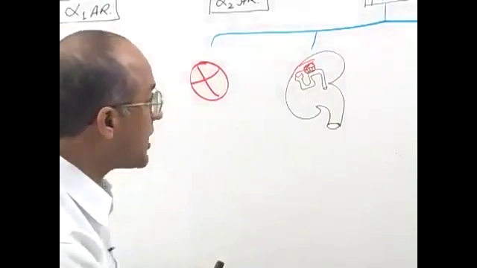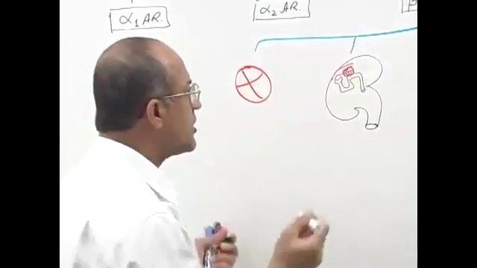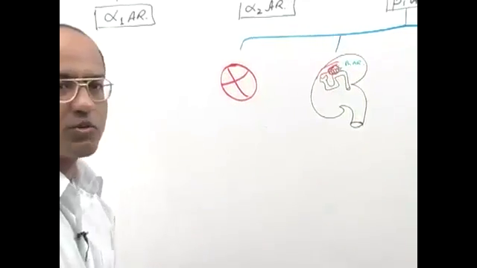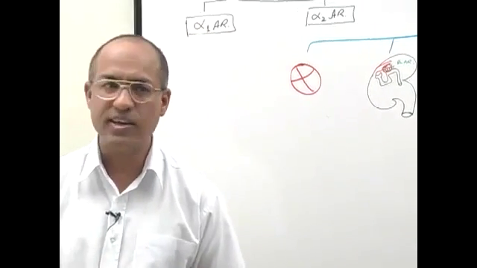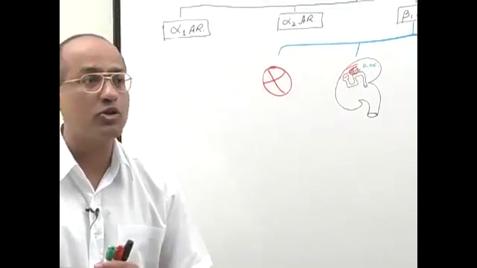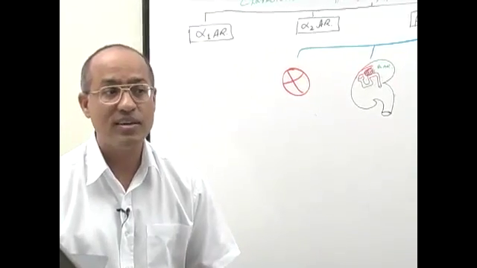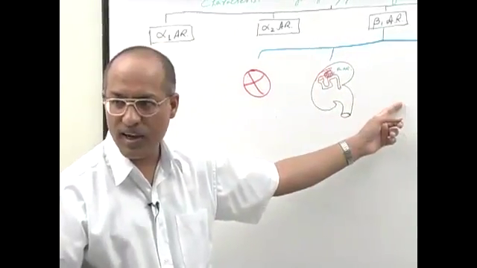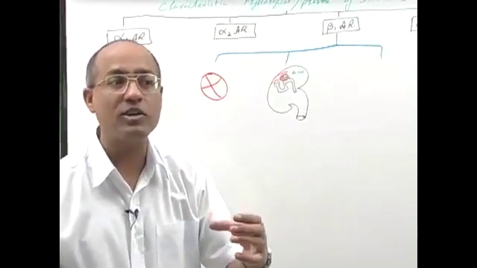All of this is the juxtaglomerular apparatus, and it has beta 1 adrenergic receptors. So whenever beta 1 stimulants are present in your body, they stimulate the juxtaglomerular apparatus and increase the release of renin, and the renin angiotensin aldosterone axis is stimulated. Of course, when renin is more, angiotensinogen is converted into angiotensin 1. Then in the lungs, angiotensin 1 is converted into angiotensin 2, and then angiotensin 2 produces arteriolo-